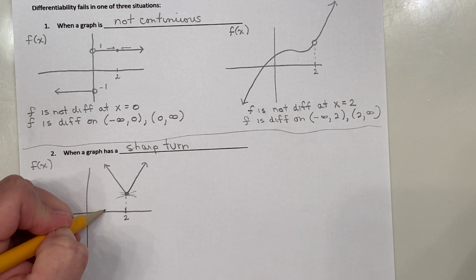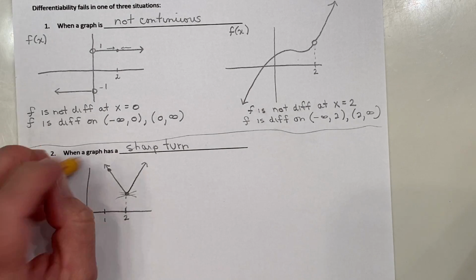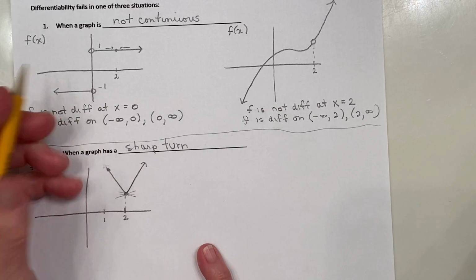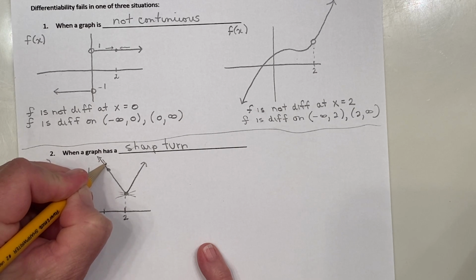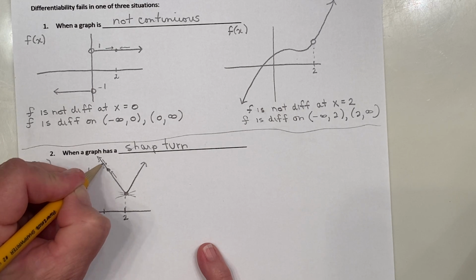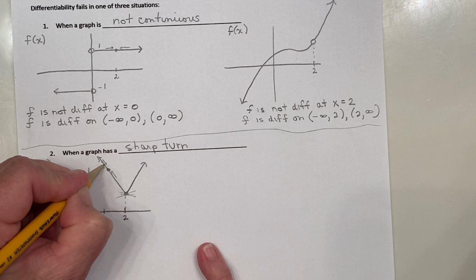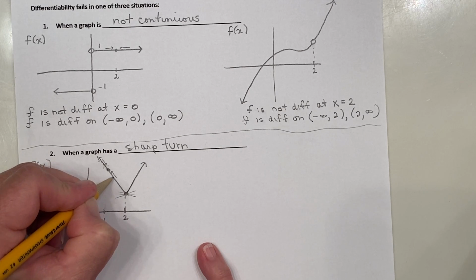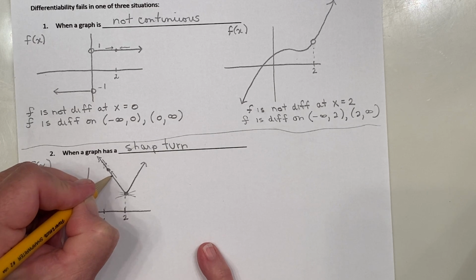So let's consider, well, what happens at x equals 1? Well, let's say that we're right here. In order for the graph to be differentiable at x equals 1, the slope from the left and the slope from the right as we get closer to x equals 1 is going to be the same. This is a linear function, so this slope is always -1. And even if I come to this point from down here, from the right, moving up though, the slope's always